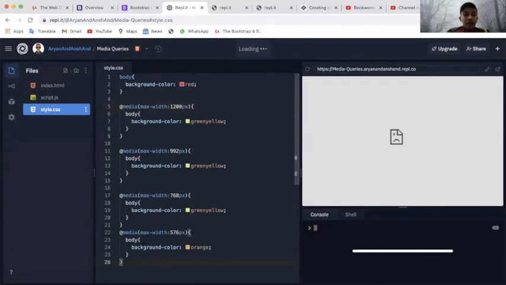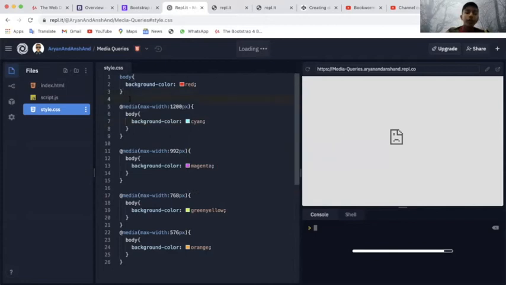So till 576 pixels, it should be orange. Then when it reaches 768, it should be green yellow. Then on 992, I'll do magenta. And then at 1200 pixels, it should become cyan.